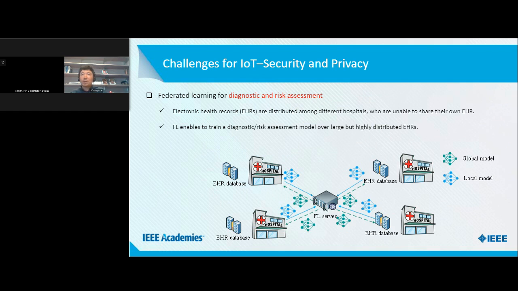So federated learning has also been used for learning a diagnostic or risk assessment model for a particular disease or illness. For example, given a patient's current symptoms such as the temperature, the existence of cough and a headache, the risk assessment model can help the doctor to evaluate the probability of the patient getting infected by, for example, COVID-19, right? So in order to derive those high accuracy risk assessment models, which could be, for example, a neural network, we